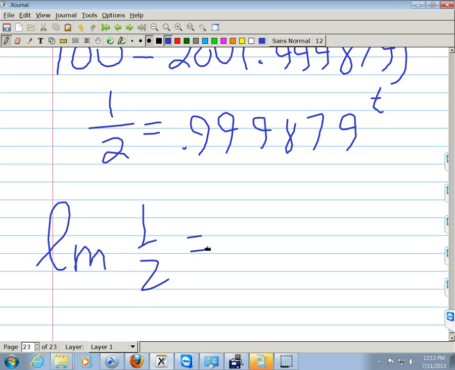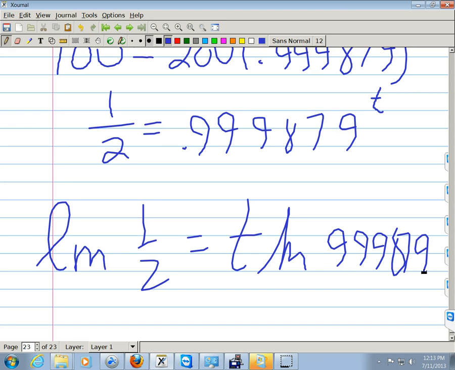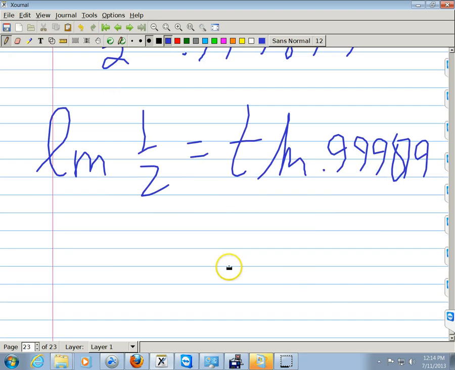a power? What does a log do to a power? The t comes in front. Same log base, don't change the base, 0.999879. There's a decimal in there. And one more step to get t alone. Divide by the log of the whole mess. All right, so t is